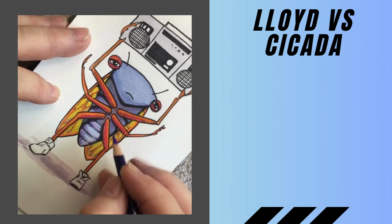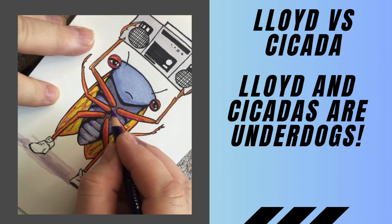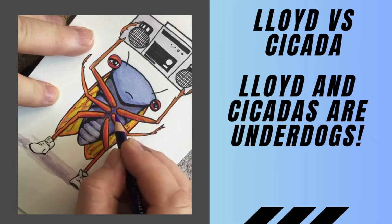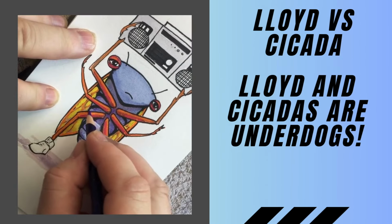And lastly, Lloyd is just an average good guy underdog. He's endearing because he's real, he cares, and he has a certain charisma that, one tagline for the movie is, "To know Lloyd Dobler is to love him." Diane Court is about to know Lloyd Dobler. So,